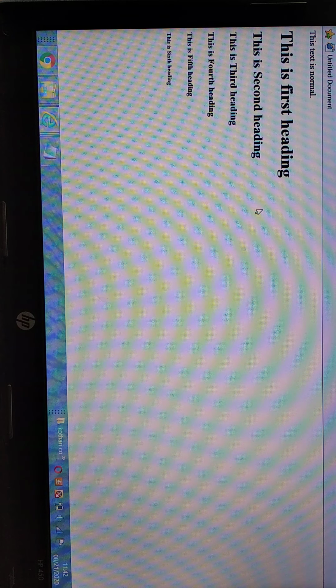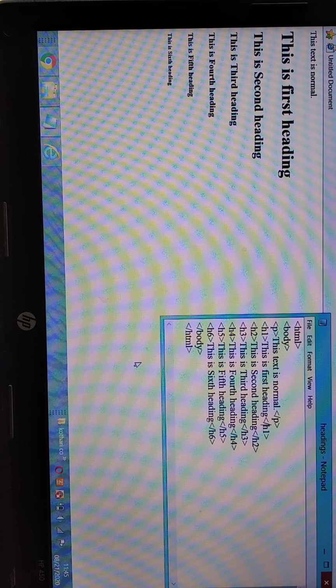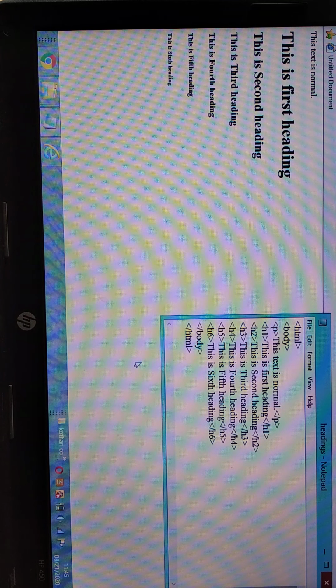After refreshing, what has happened? You can look at the output screen. No change occurs there, because with the heading tag, generally the text appears on the next line automatically when you take a different heading tag.